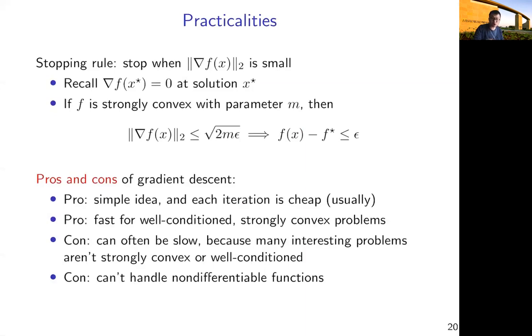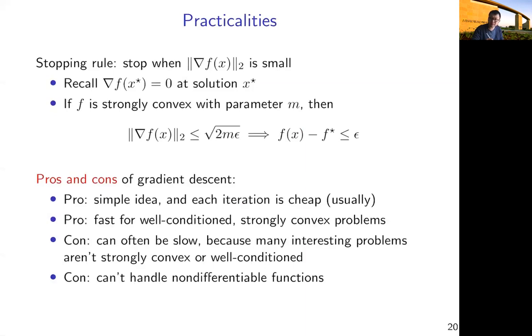In practice, we need to know when to stop gradient descent. When can we be sure that we're at a solution that's nearly optimal? Of course we can evaluate the objective function, but that only gives us f of x. So we still do not know what f star is. Luckily, for strongly convex problems, we can actually certify that the solution is nearly optimal by looking at the